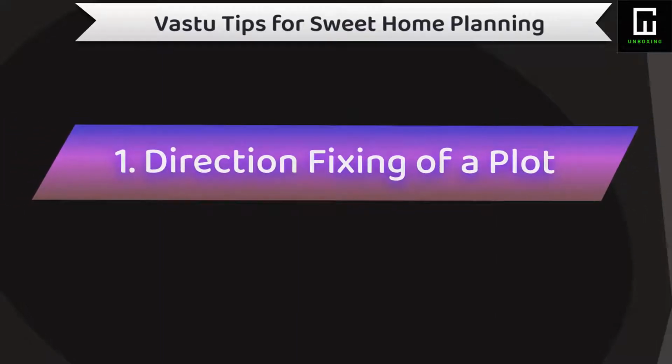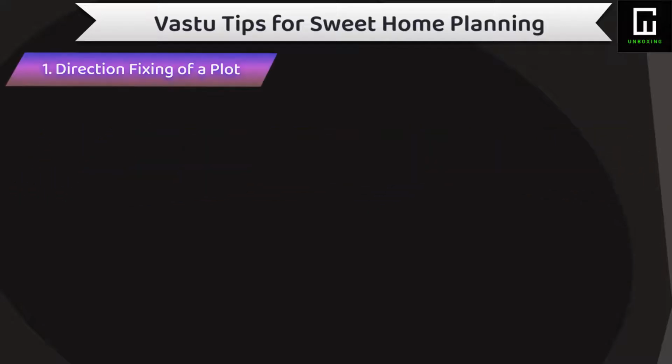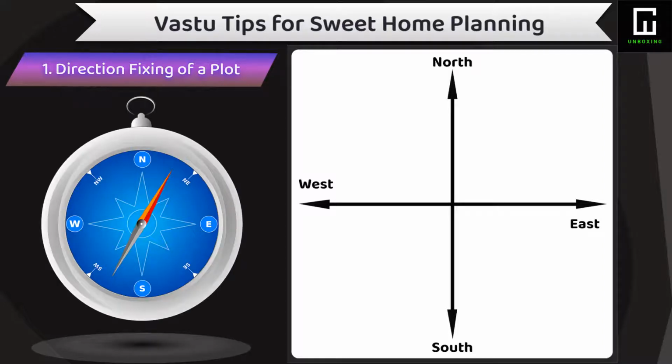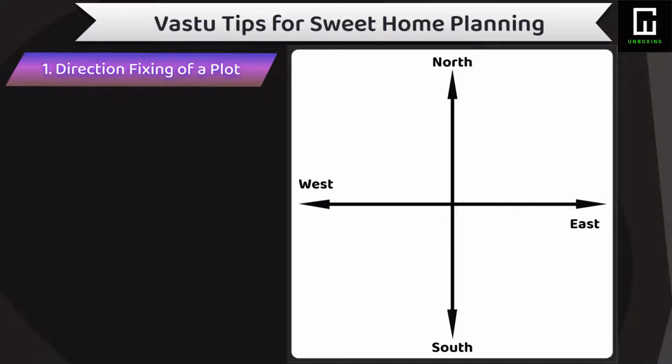First of all, let's see the direction table of Vastu, which is having north, south, east and west direction. So, while preparing a plan, the facing direction of the plot has to be understood. While taking a survey of a plot, you can take the help of a compass, as the compass needle always shows north direction to the earth's surface. With reference to the north direction, anyone can indicate other directions easily.